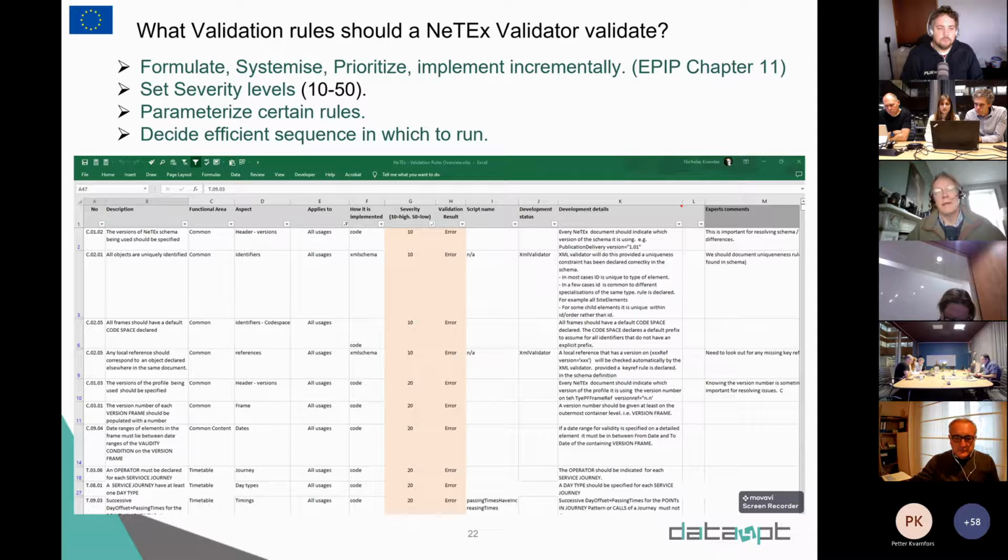So this list will be a work in progress. We could add further rules in the future, or you could pick up particular rules from it that you want to implement in your custom validation. And each of these rules is given a name and a priority so that you can relate it to what the script does. If we move on to the next slide,